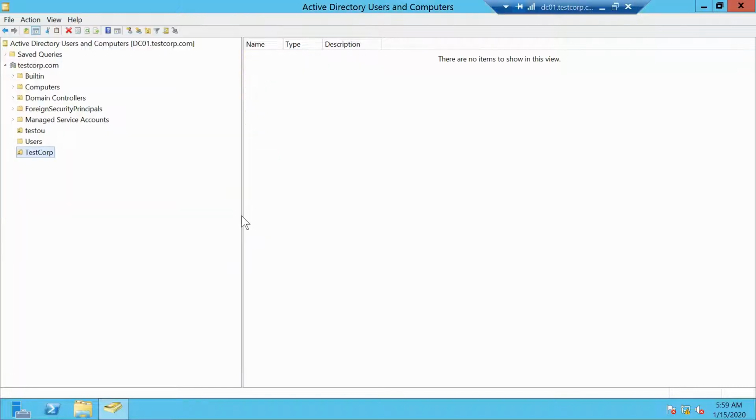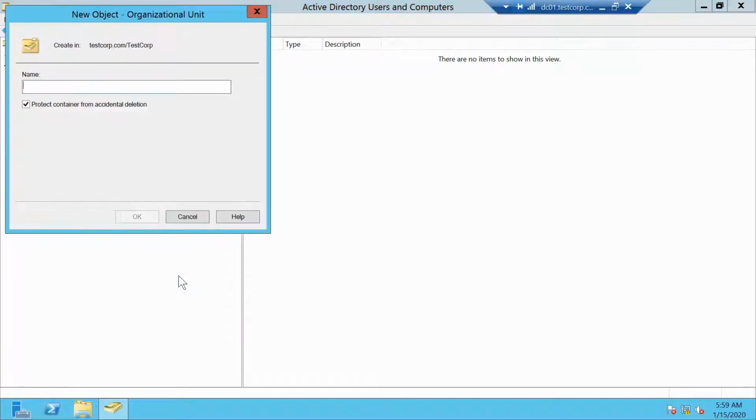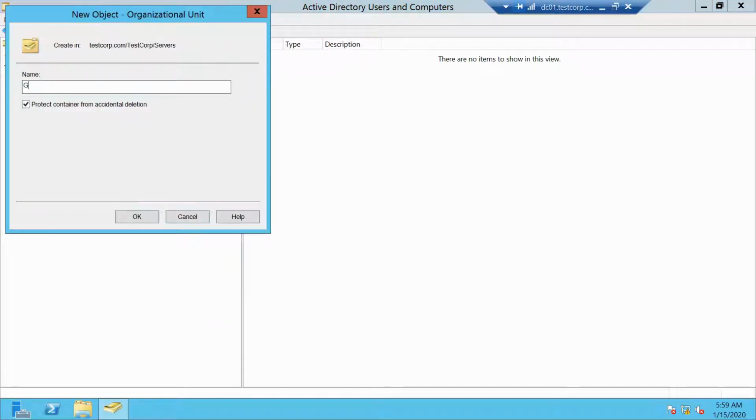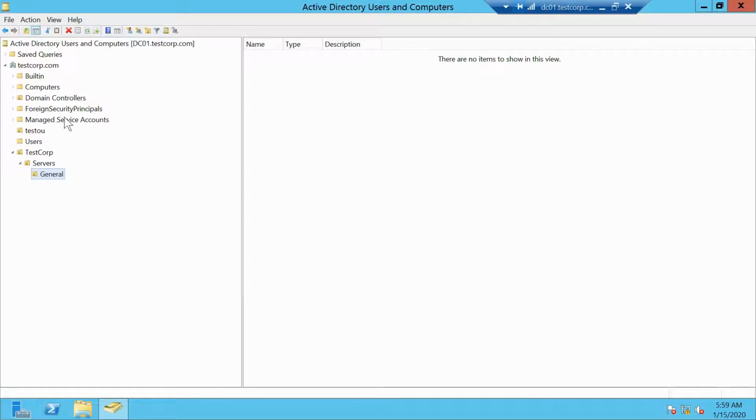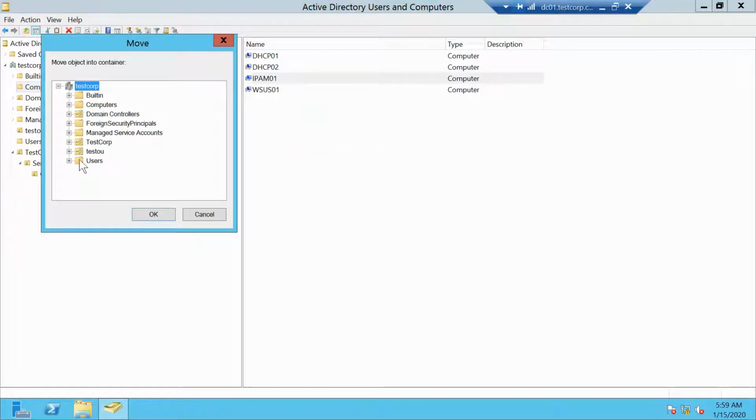Let's name it Test Corp, and under this one let's create an OU called servers, and under servers let's say that we want one called general servers, and let's move one of our test machines to that one. Let's say IPAM01, move to Test Corp servers